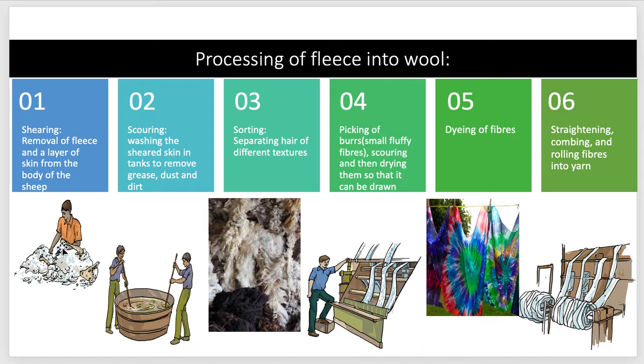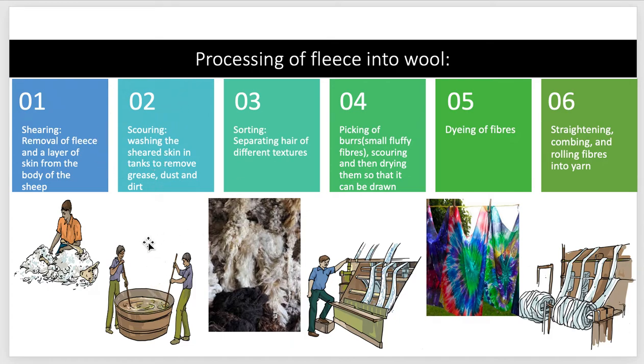If they remove the fur of the sheep in winter, then the sheep will obviously feel cold, and it also might die because it's not able to withstand the cold weather. Like when we feel cold, we wear a sweater or a jacket, but no sheep can do that. So what protects the sheep is the fur. If it is removed in summer, it will grow back by the time it is winter. But if it is removed in winter, then there will be nothing to protect the sheep's skin and body. Then step 2 is called scouring.